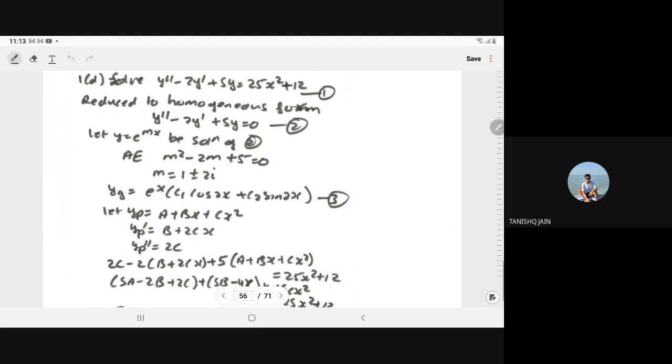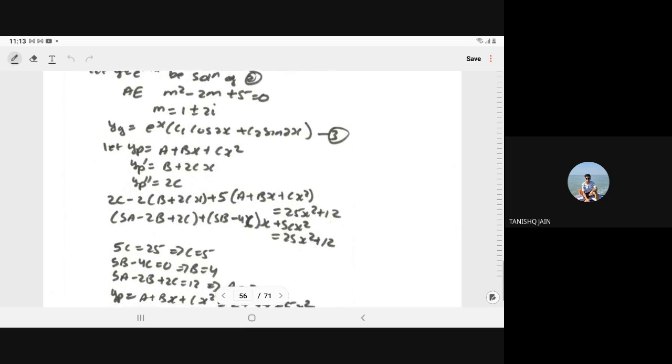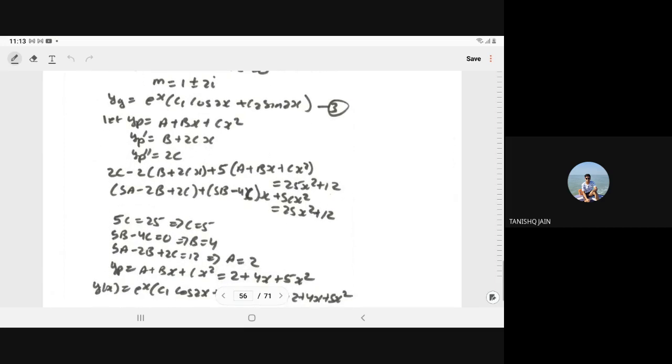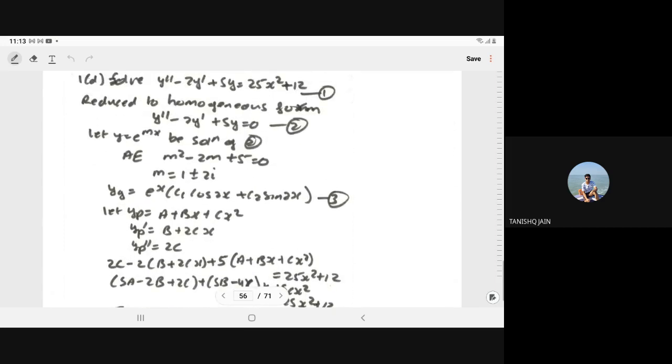By chance we have this question, so it is a simple question. I will explain in the next question also. y double dash minus 2y dash plus 5y is equal to 25x square plus 12. So what is this? This is a polynomial of order 2. So its reduced equation is y double dash minus 2y dash plus 5y is equal to 0,